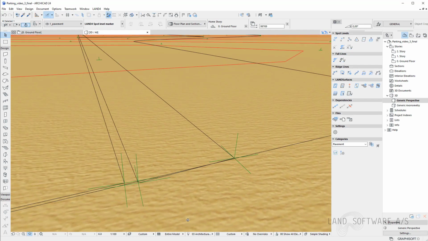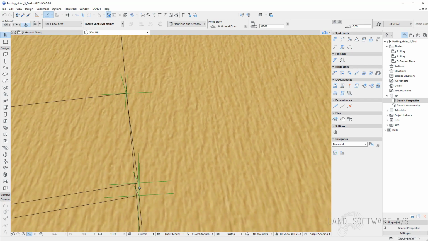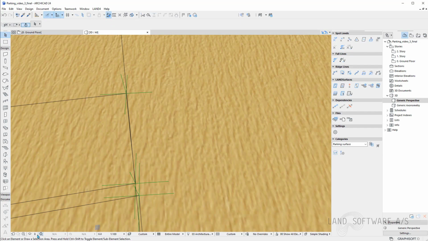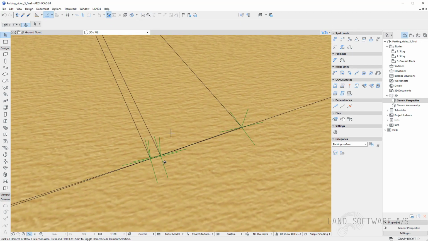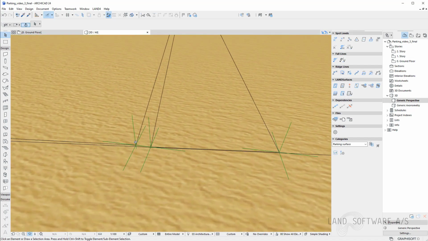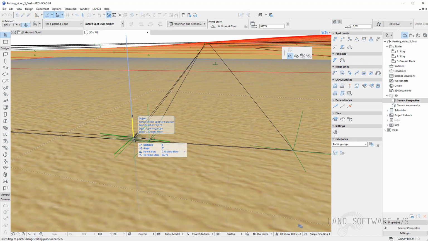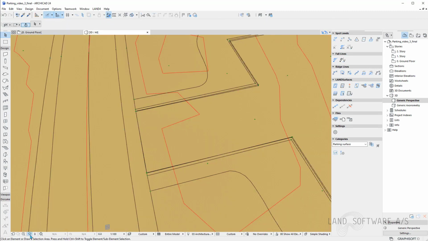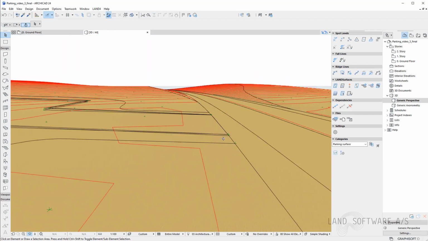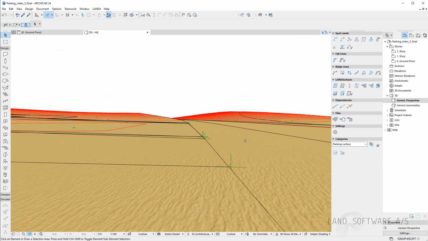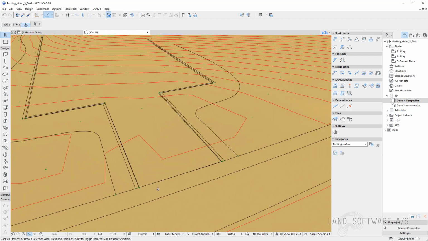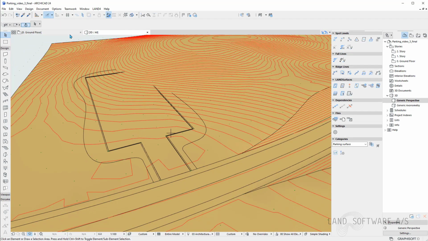And then I can also rotate the model and adjust again the spot levels on this axis here. So it's on the ridge line. Every time I do these edits and work with the spot levels in the 3D, they will also update in the 2D on all axes. Now that I'm done adjusting the spot levels at the intersection with the road, I am ready to continue the work. So back to 2D.